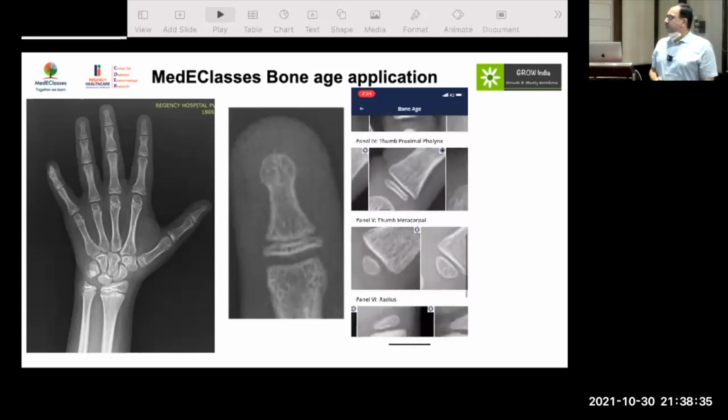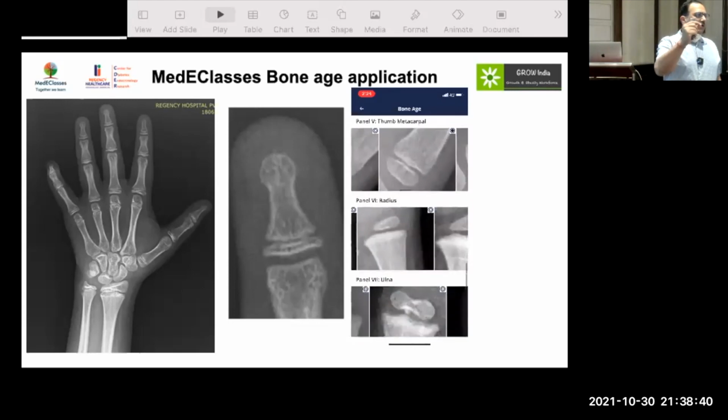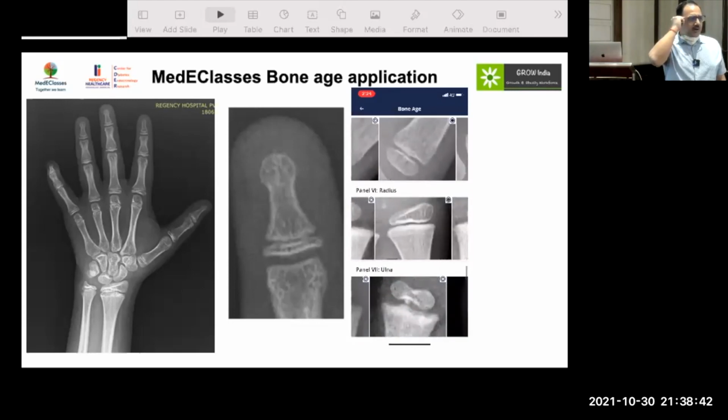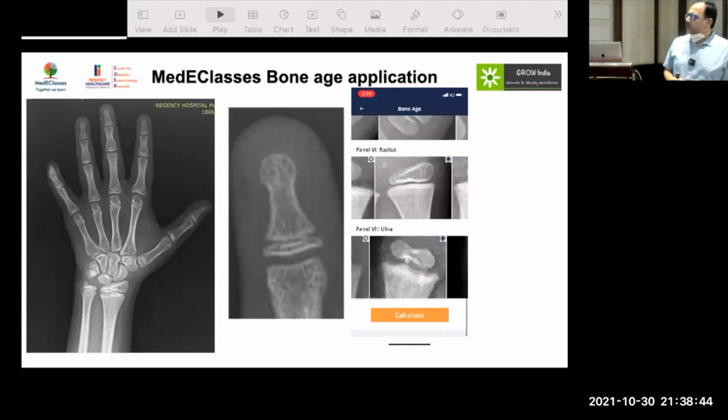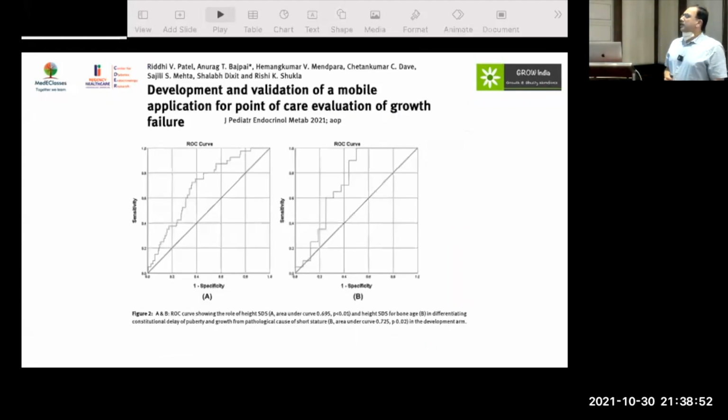And once you do these comparisons, you would be able to identify the exact bone age, and this has been validated both for experts as well as non-expert users compared to standard method, and you will get a specific bone age. So now bone age is very, very easy. This you can get through our application very easily. And we have also evaluated and validated these in a setting of clinical evaluation.